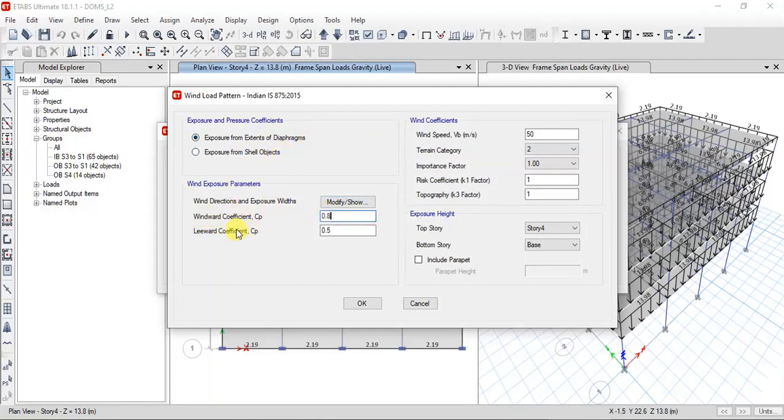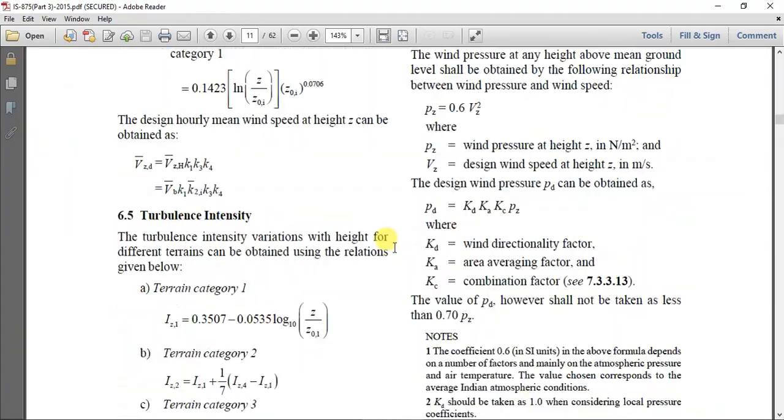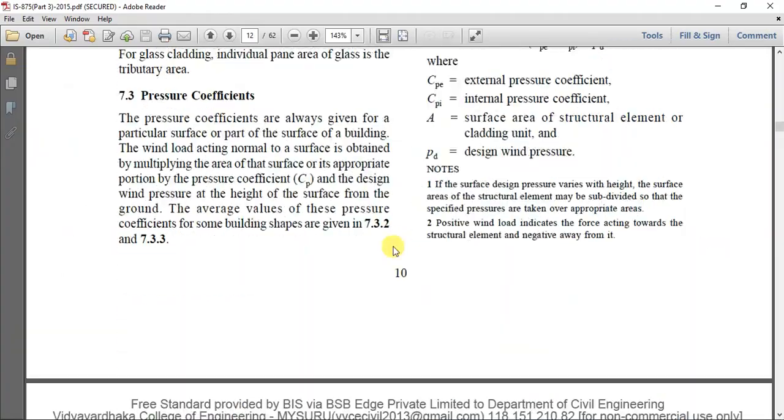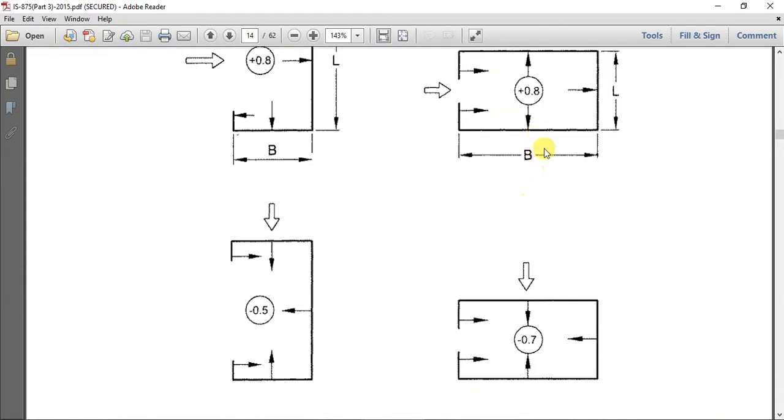Windward and leeward coefficients are considered based on the shape of the building. Because we have a rectangular structure, we have coefficients of 0.8 and 0.5. IS 875 also gives, for different sections and different parameters, what coefficient factors you need to select.